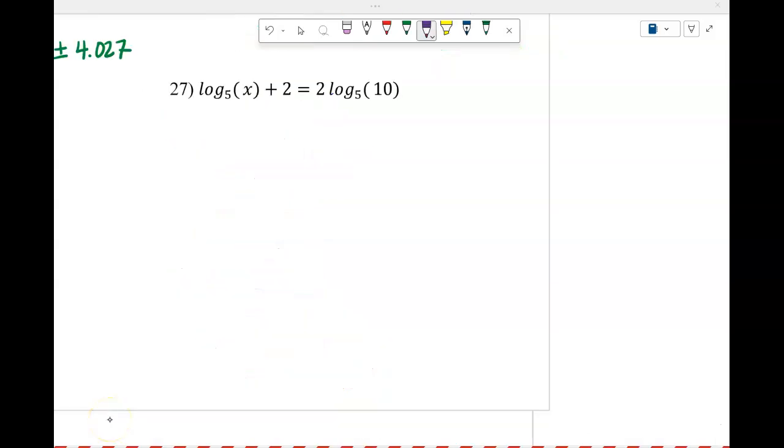Number 27 says log base 5 of x plus 2 equals 2 times log base 5 of 10. So we do have one log on each side. And some of us said, oh, I can just drop them. That's not true, okay? Remember, we have a 2 right here, and that doesn't have a log. So make sure we isolate the log on one side. I'm going to subtract log base 5 of x from both sides,